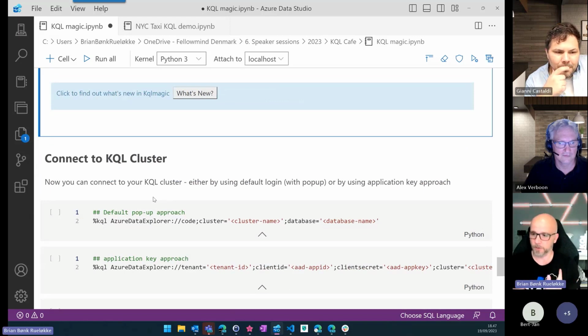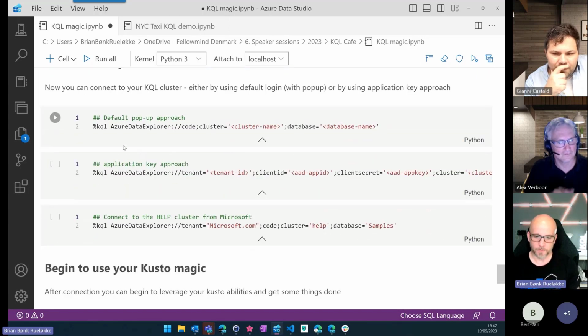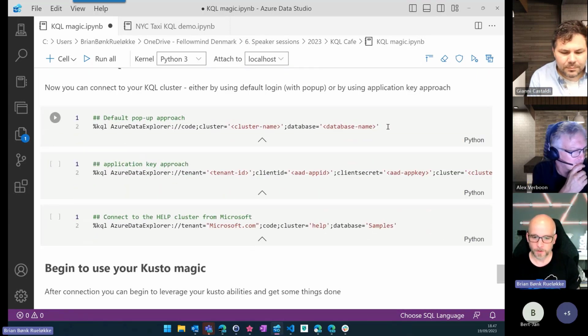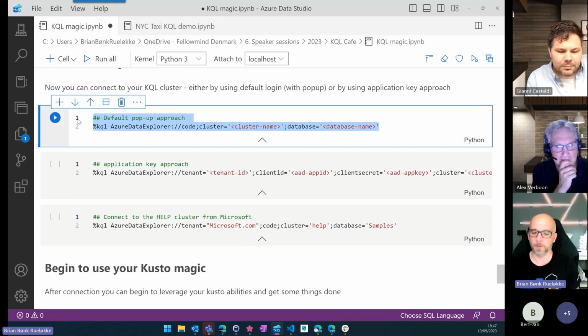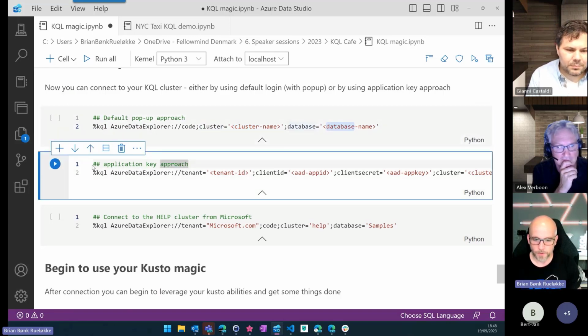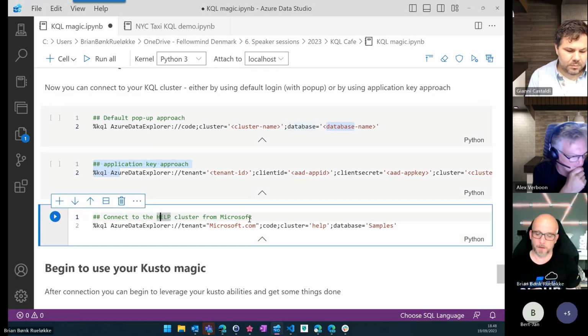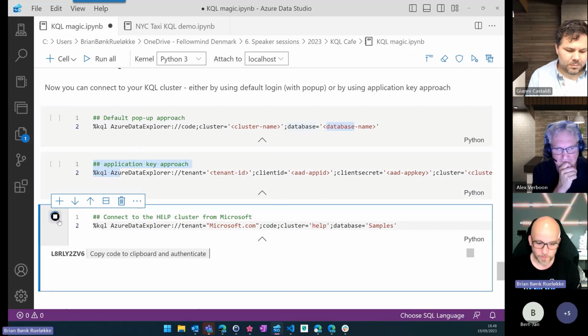Now I also need to connect to a KQL cluster, either Sentinel or ADX or Fabric. I can do this in different ways. Here I have one with a pop-up approach where I'm getting a pop-up for my authentication. I need to type in the cluster and the database, of course. I could also do this with an application key if I have one. Then I won't get a pop-up. Or if I'm lazy for a demo, I can just connect to the help cluster from Microsoft. It is free of charge. And if I run this, then I should,